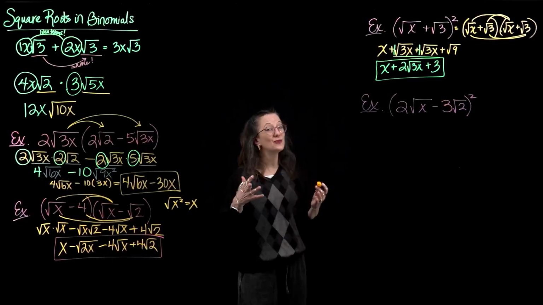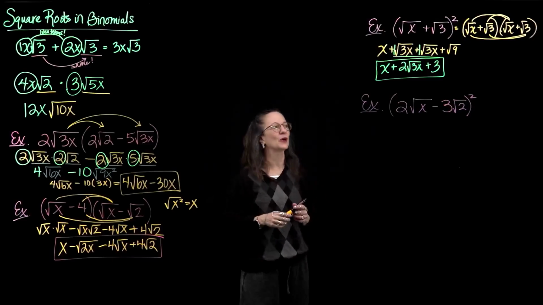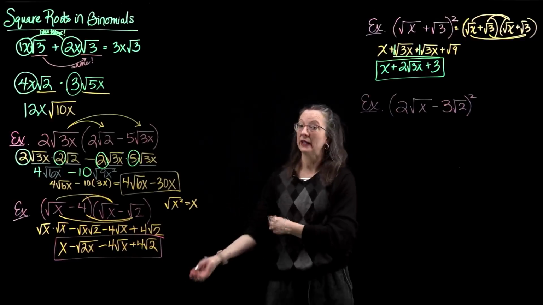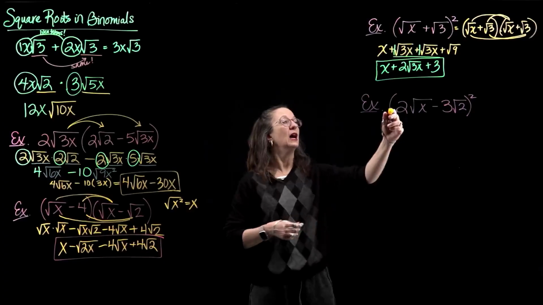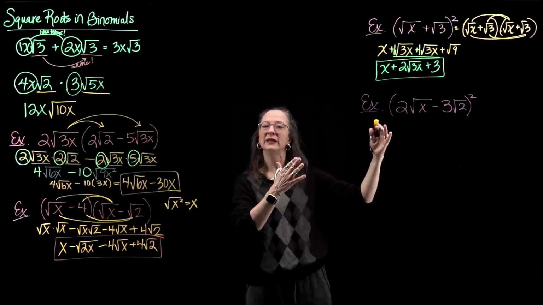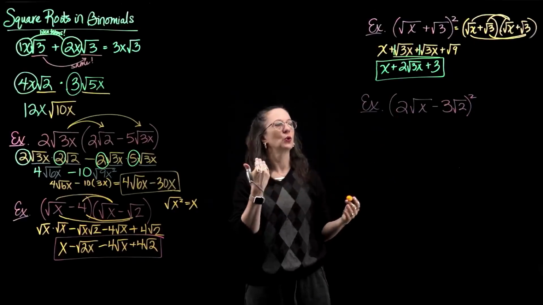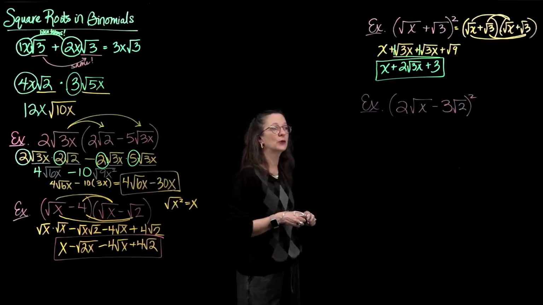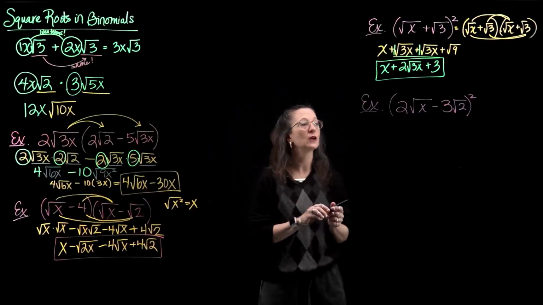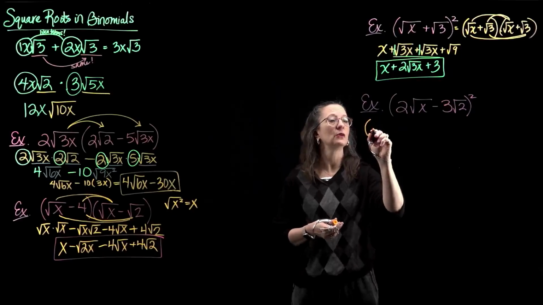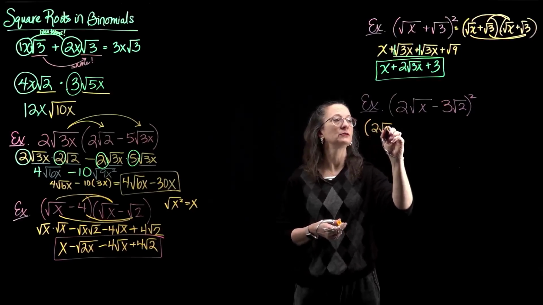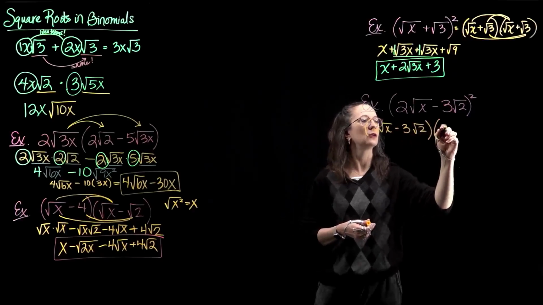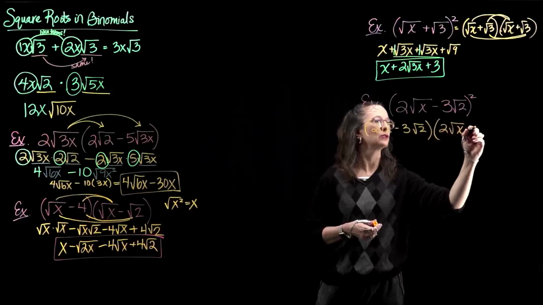I've added a few more numbers in there to make it slightly more complicated because I want you to see one of the most complicated ones you'll encounter. All right, again, I have a binomial squared. So in parentheses, 2 square root of x minus 3 square root of 2, whole thing squared. So the first thing I want to do is write down this problem, writing out both of those binomials,